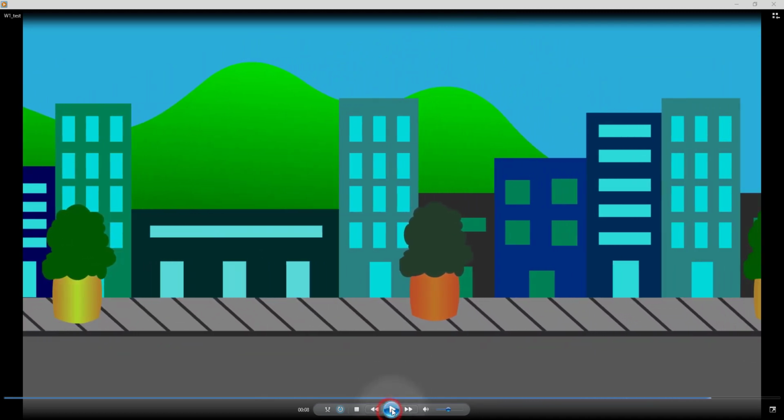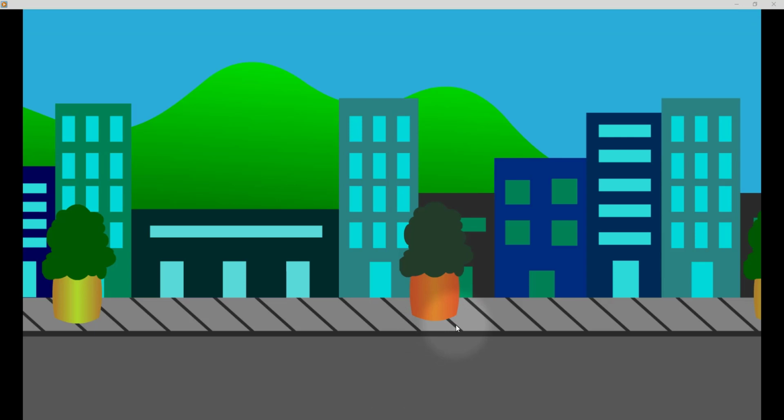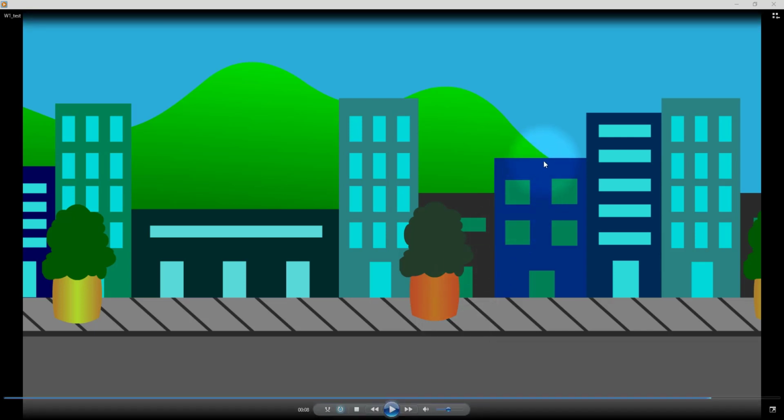actually do that. So for this first project, it's okay if it looks very similar to mine. There's not a lot of creativity involved in this first project. It's really about you learning the techniques and the skills. So you don't have to think of an entirely new composition or idea. You can do this cityscape with some hills behind it and some potted plants or trees in the front. What I'm really wanting you to do is learn how to navigate this new software and learn how to use